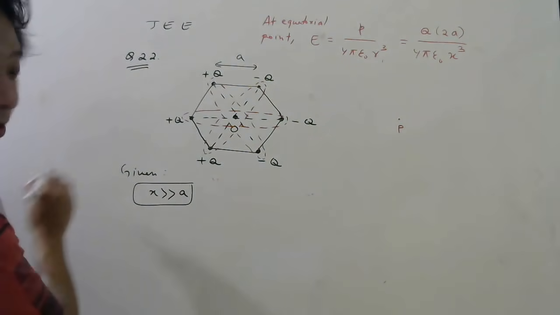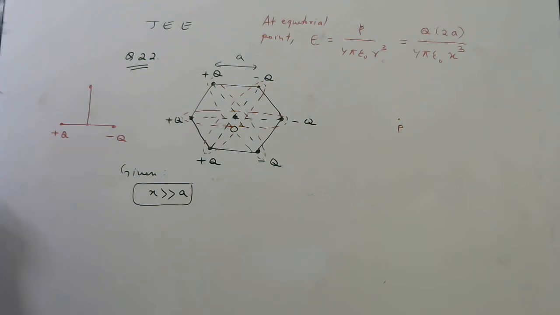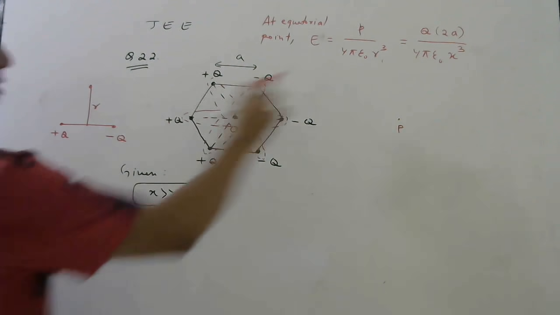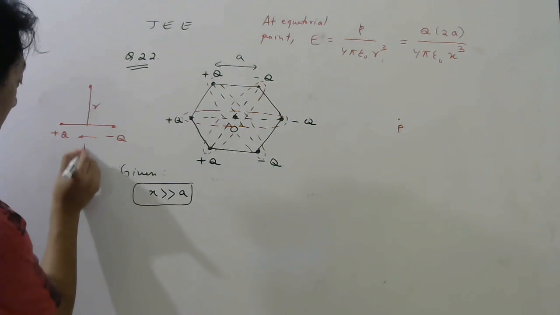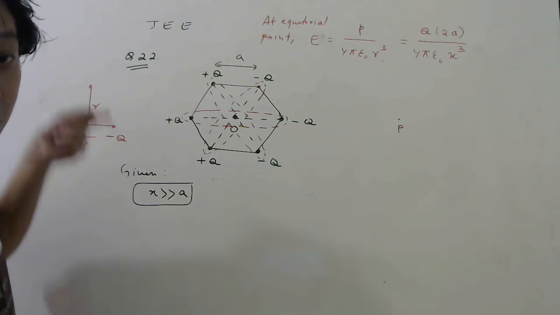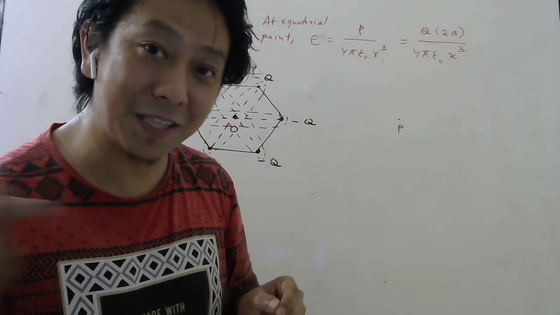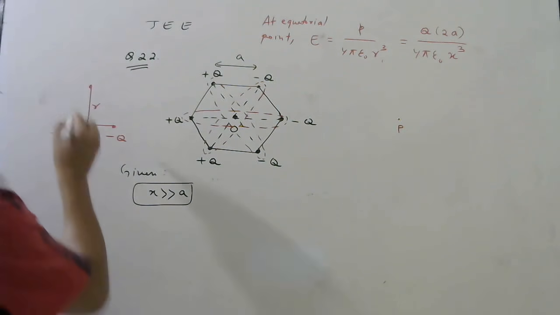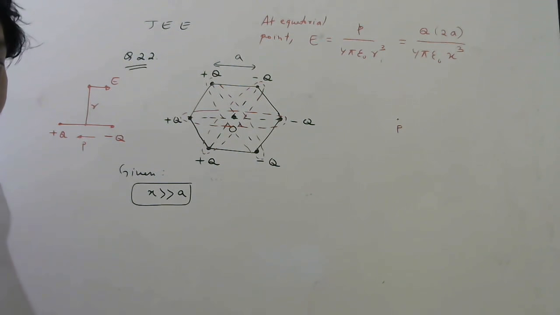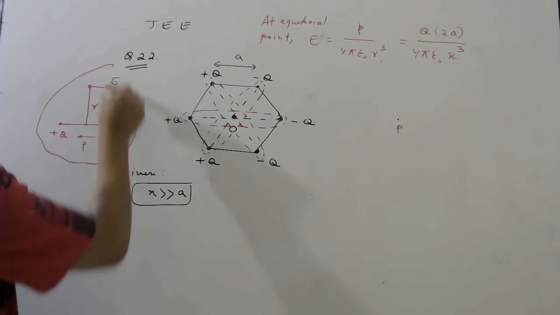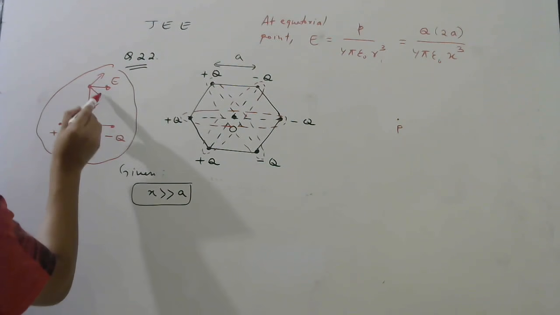So if you remember, look here, this is plus q, this is minus q. Electric field at this point, which is at a distance r, was this formula. And dipole moment is from where to where? Minus q to plus q. Electric field was always opposite to dipole moment at an equatorial point. At an axial point, it was in the same direction as dipole moment. So electric field here will be in this direction, opposite to dipole moment. Understanding or not? So go back and revise this part. From the diagram also it is easy to see. Due to plus it will be away, due to minus towards, so total will be this side.